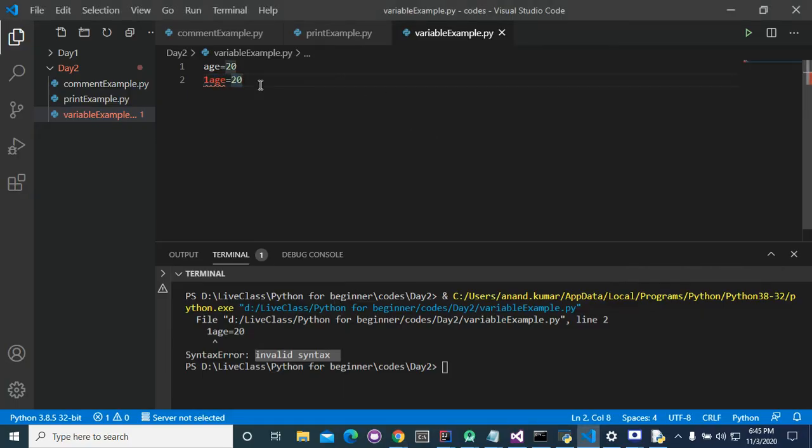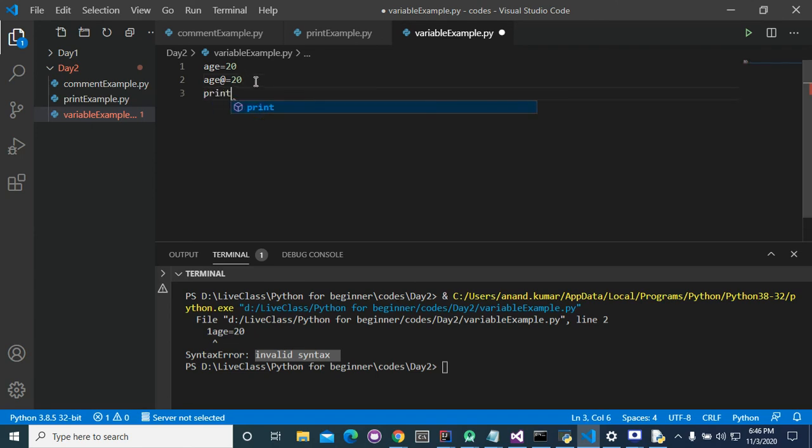Let's assume I am creating a variable named $age = 20. This is also wrong. Or age$ = 20. This is also wrong.